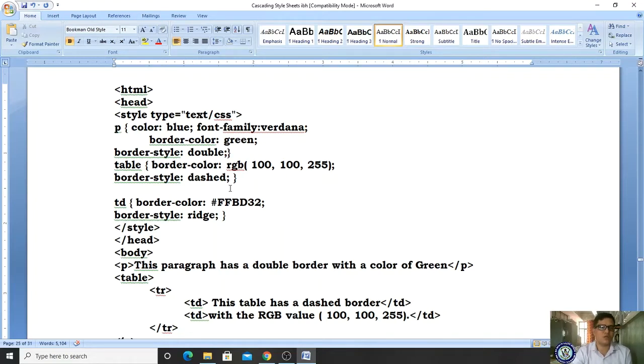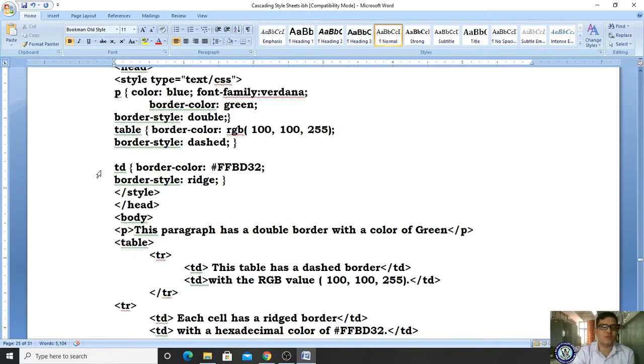Wherever the table appears, you are applying the border color as RGB, and border style as dashed. And wherever the table data appears, here we are specifying the border color in the form of a hexadecimal value and the border style as red. So here your style tag ends and your head tag ends.